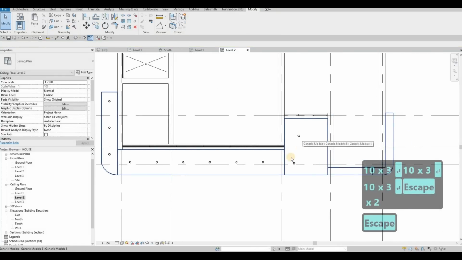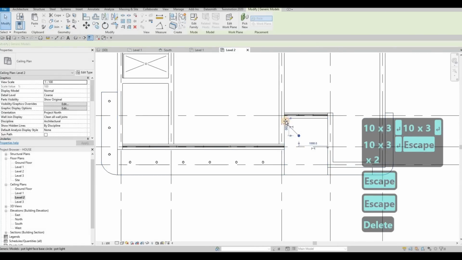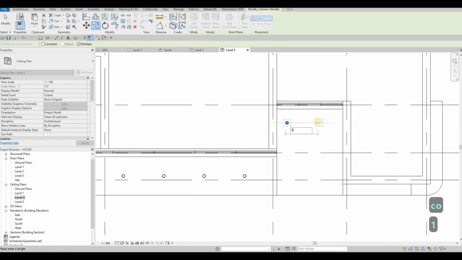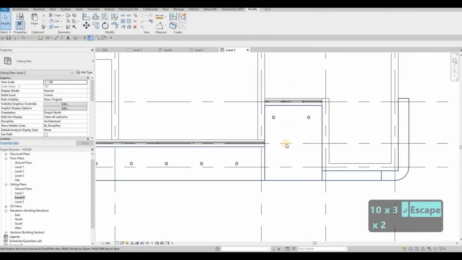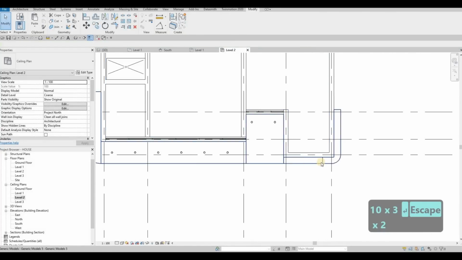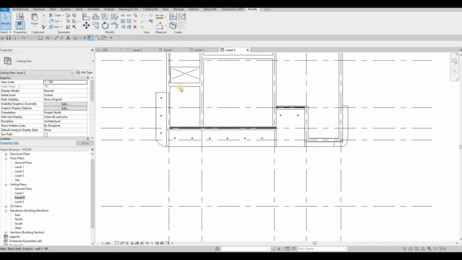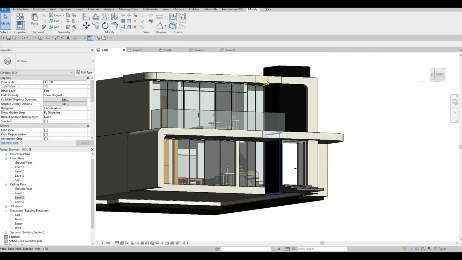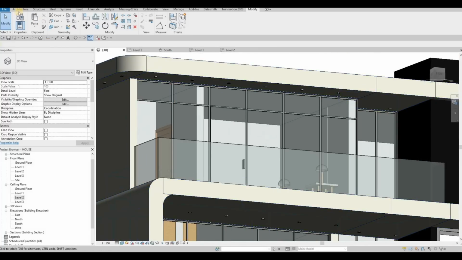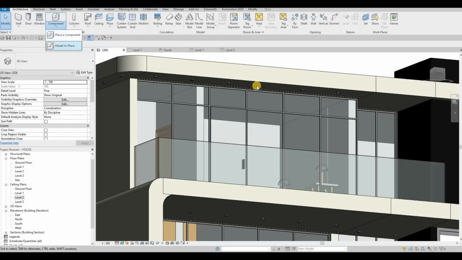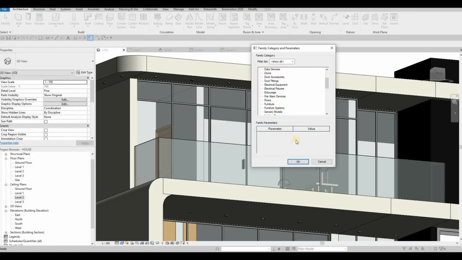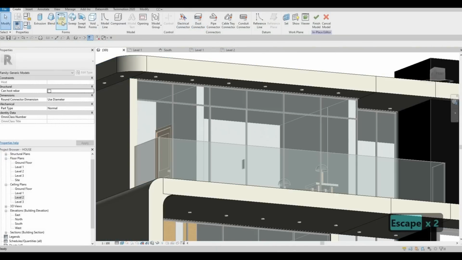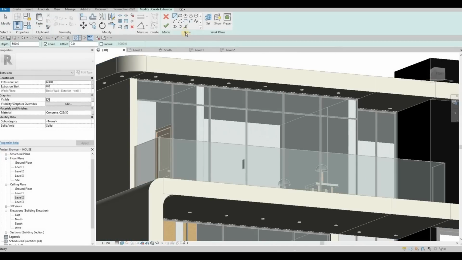Then just make sure I'm going to just add this one on where the location of the glass is, and then I think that's good enough. I don't want to add it here anymore because it's too small. And then what I'm going to do is I'm going to light it up. So I'm going to use model in place, generic model. We could add it from here. So I'm going to do an extrusion,